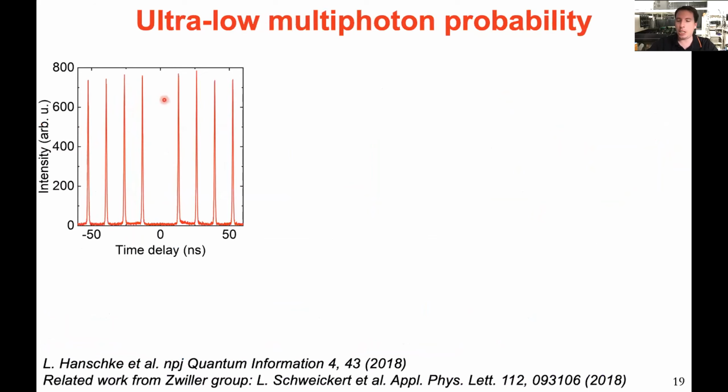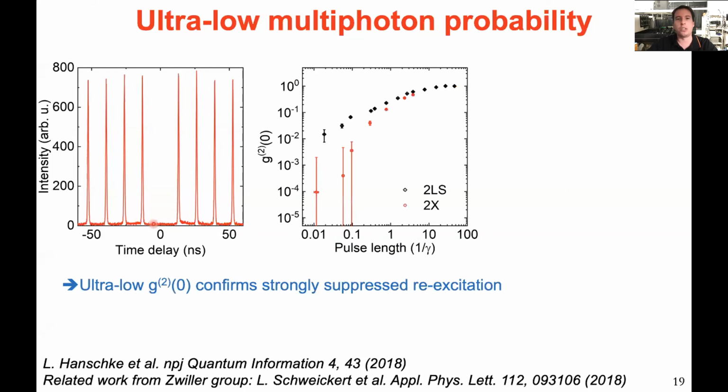In an example measurement here, you can see this is indeed the case, that no matter how hard we try, we cannot see re-excitation counts here. All that we get is a noise floor from our avalanche photodiodes used for that experiment. Now, if we use the very same quantum dot and measure the resonant excitation of the 2-level system and the 2-photon excitation of the biexciton with cascaded emission, we can see that this cascaded emission has several orders of magnitude lower value of G20, and that this depends on the pulse length.